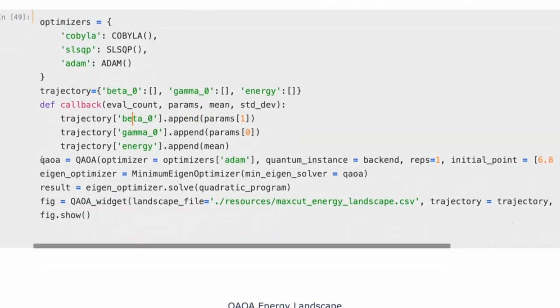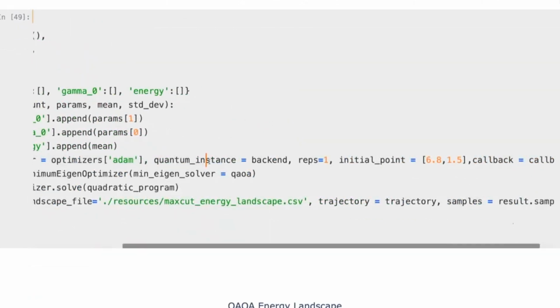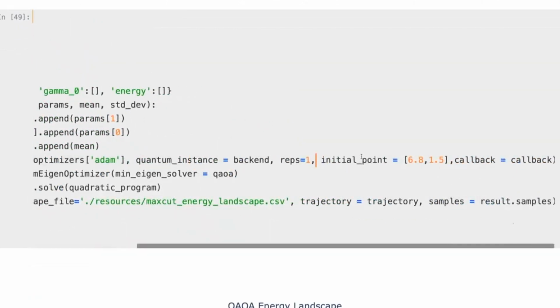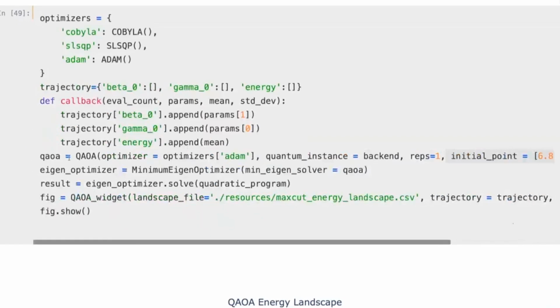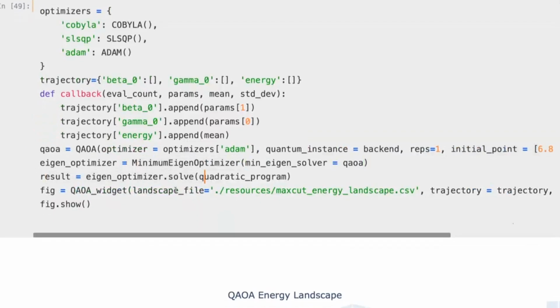Okay, so then we again create our QAOA object with an optimizer, quantum instance, an initial point, and our callback function. We create our minimum eigenoptimizer, and then we run the optimization. So we have already seen this before.